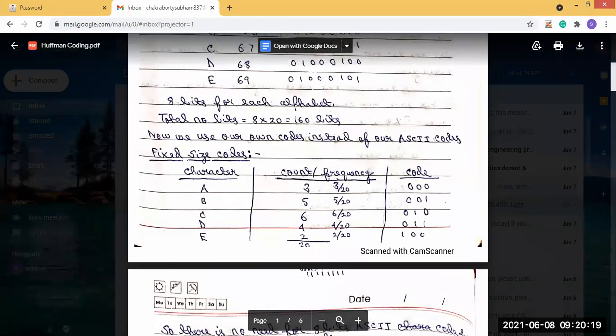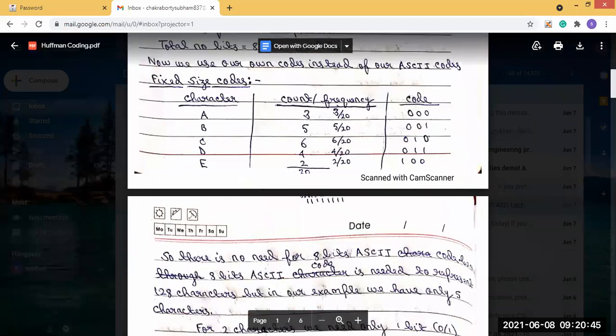For representing the code we use 3 bits, because for representing 8 characters we only have to take 3 bits. Here only 5 characters are present, so that's why we use 3 bits.